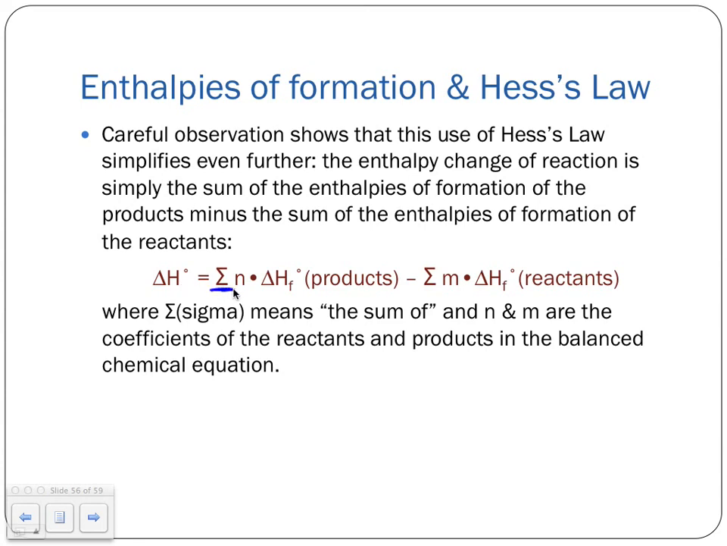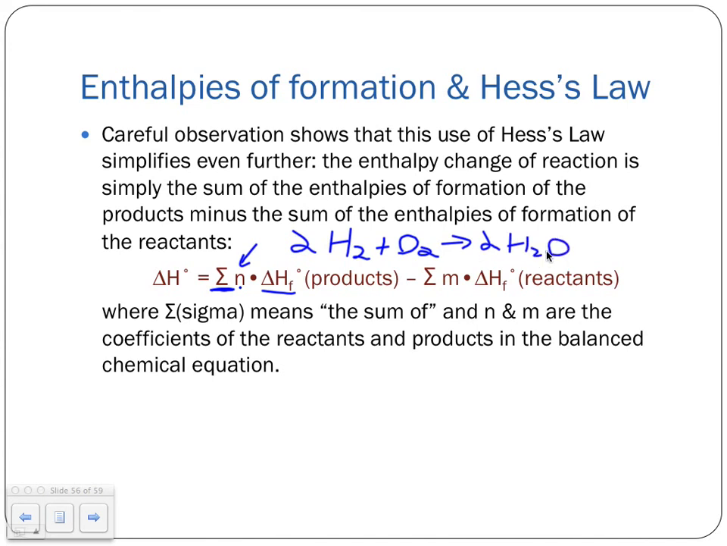And so remember, this little letter right here from math is a Greek letter sigma, capital letter sigma, and it means the sum of. ΔH naught is equal to the sum of n times ΔHf naught for the products. And so that n right there is the coefficient for each of the products. So if we were doing, say, 2H2 plus O2 yields